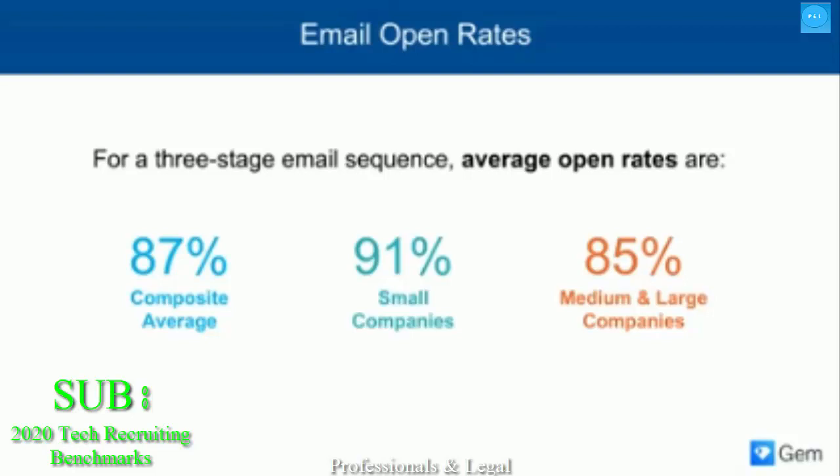If you'd like to be seeing better open rates than you're seeing now, the two places to focus are send times and subject lines. At GEM, we've published a definitive guide for email outreach that breaks down the best send times by role, also using our own data. And you can find that in the attachment section of your BrightTalk player. But you can also uncover your own best send times through A/B testing and trial and error.